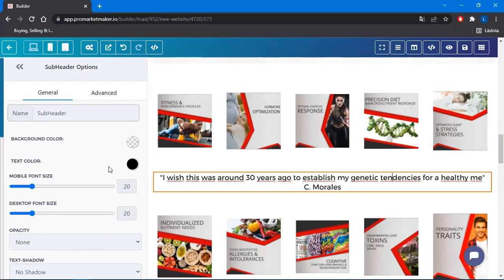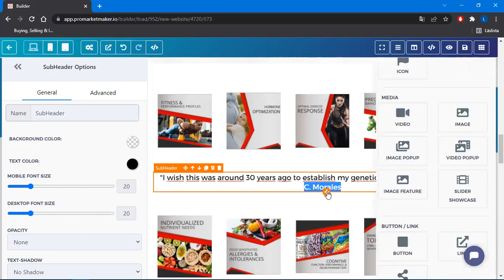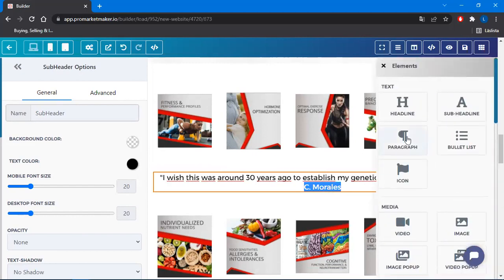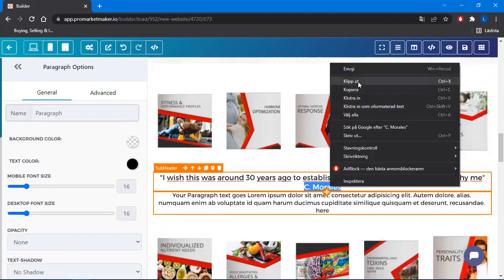Now, okay. All right, let's try something else. Let's do a paragraph so that we can